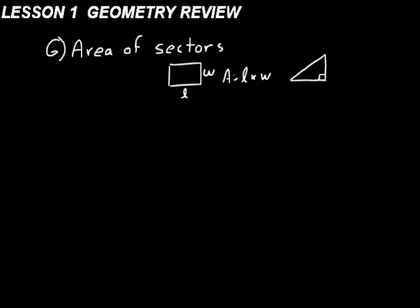and let's just say that was a right triangle there, and this side was length B, we'll call that, usually we call that bottom side the base when we're talking about a triangle, and we'll call that the height H, the height perpendicular to the base. The area is equal to 1/2 times the base times the height of the triangle, the height perpendicular to the base, right? Now a circle,